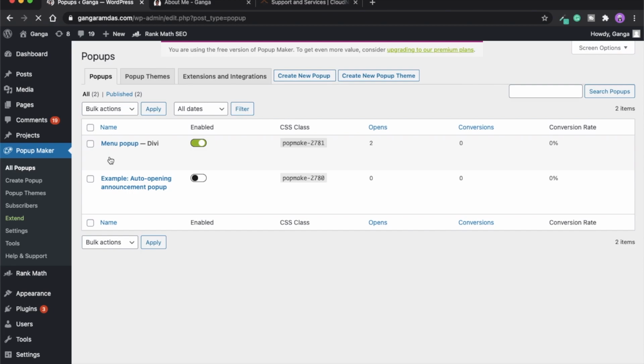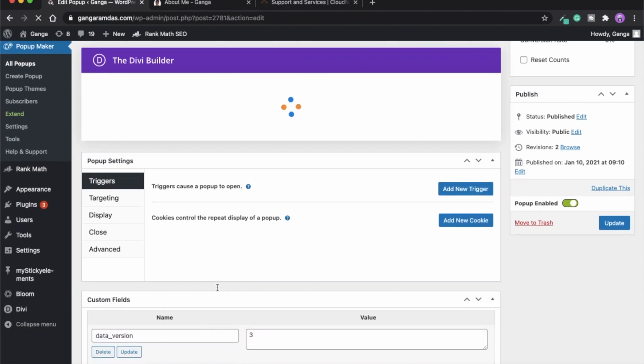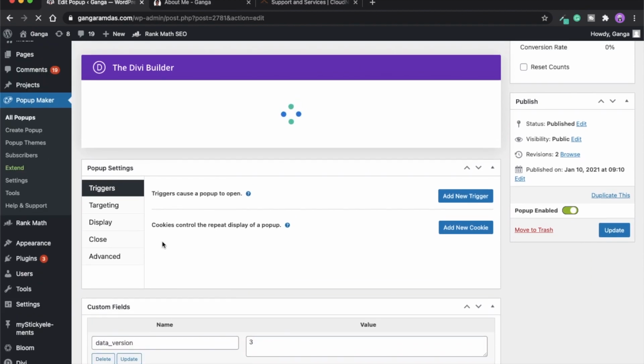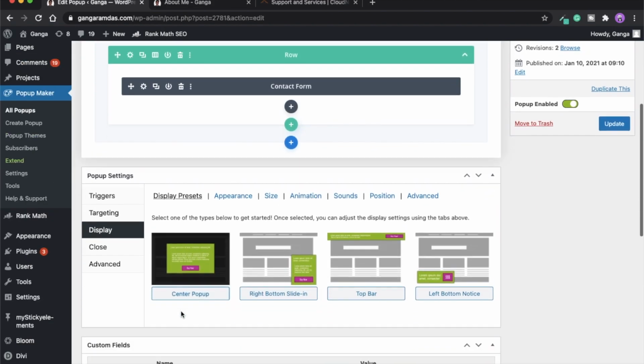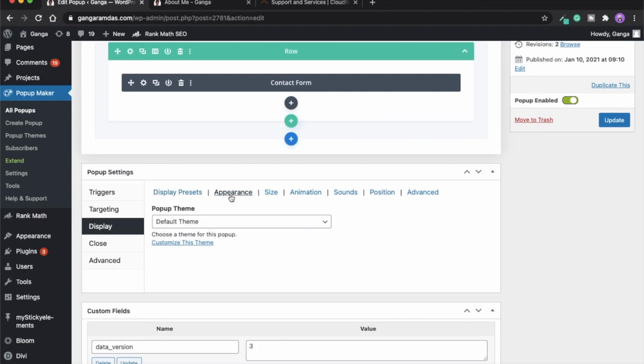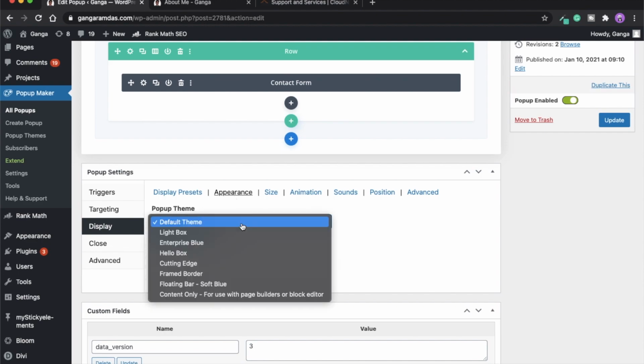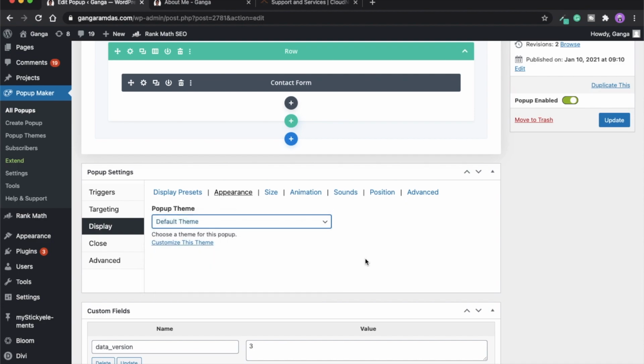and go to edit. Now you can see there are a few options in the appearance: Lightbox, Enterprise Blue, Hello Bar, Cutting Edge, and this. If you are comfortable with that, you can leave it as it is.